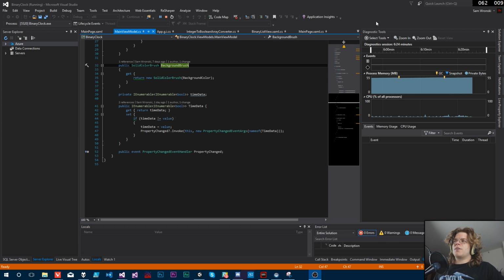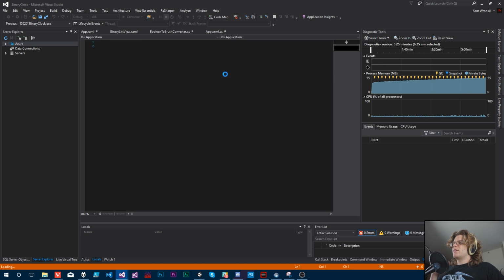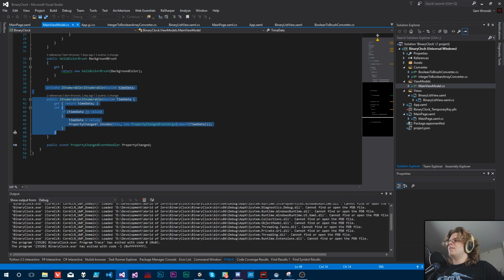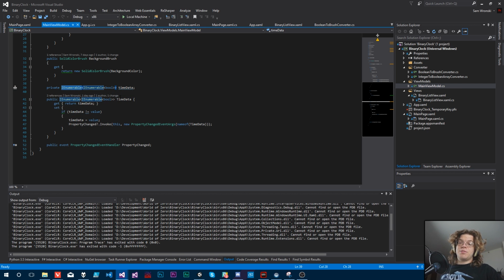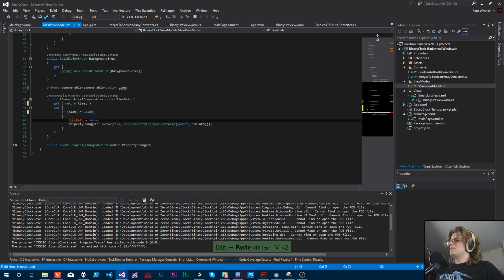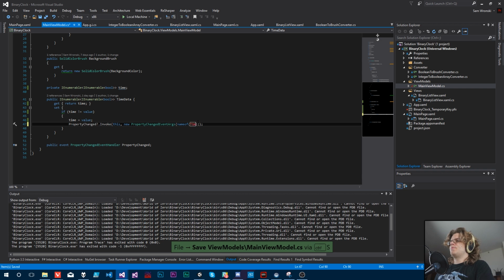So let's walk through the code. We have a main view model that is displaying a private IEnumerable of Booleans. IEnumerable is just an abstraction on a generic list. It just means this is a collection of things. So what we want is to call this just the time, I think that should work. So if we call this the time and switch this to the time as well,